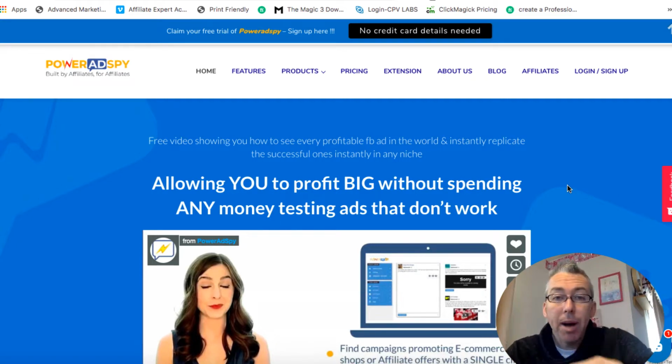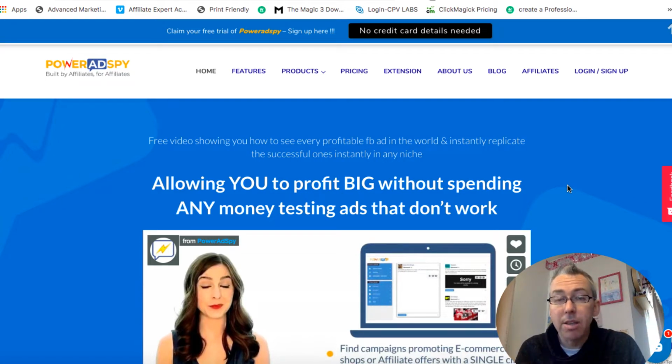Now, spy tools are generally expensive. What Runs Where and AdBeat, which are two well-known spy tools, I think they start at about $249 or $299 per month. It's a lot of money for the person just getting started or the person that wants to improve their paid ad campaigns. So this tool, PowerAd Spy, is good because it allows you to choose where you want to get started,